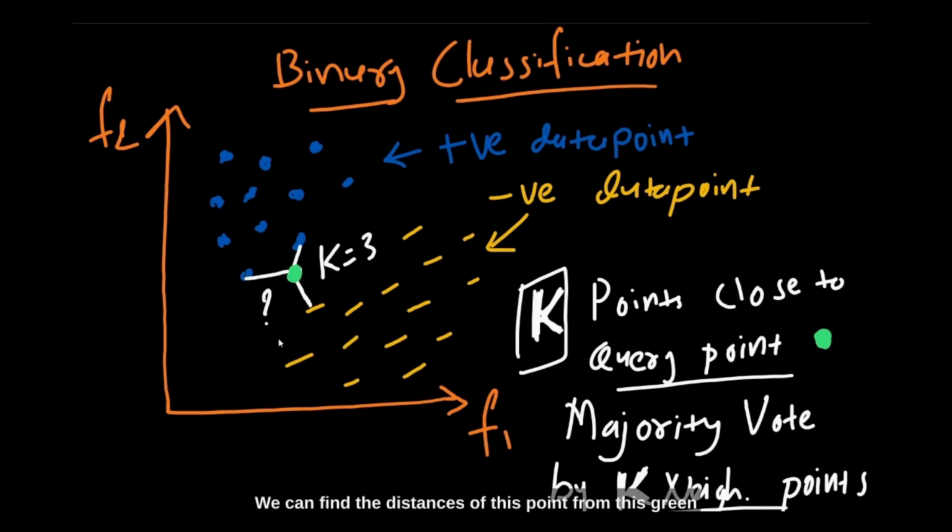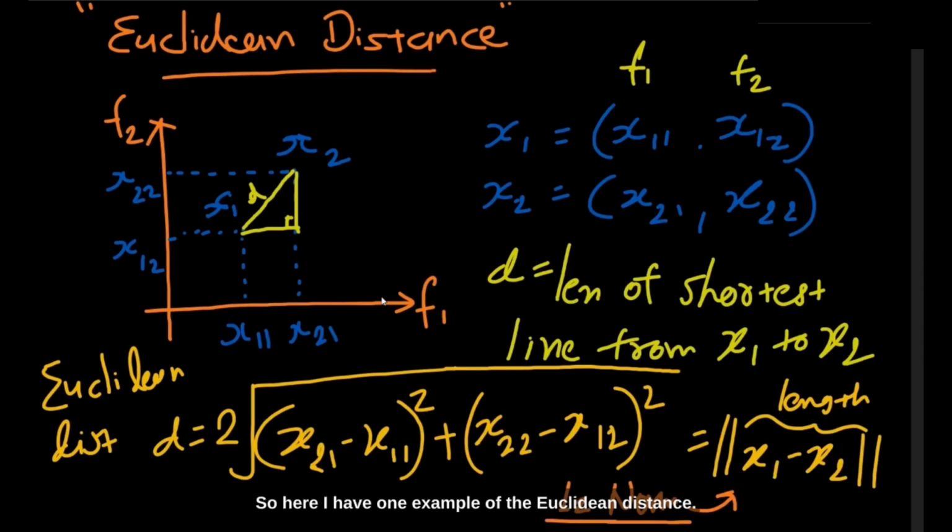You can find the distances of the points from this green point so that we can find the top k nearest points. There are multiple distance measures that we can use. One of them is Euclidean distance, and there are others like Minkowski or Manhattan distance that you can also use. But for this example, we are going to use the Euclidean distance. Here I have one example of the Euclidean distance. Let's say this is my feature f1 on this axis and this is my feature f2 on this axis,